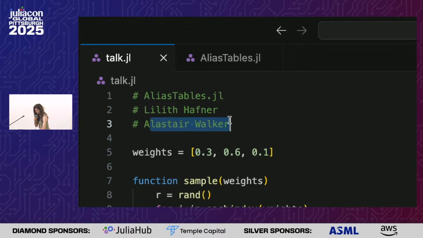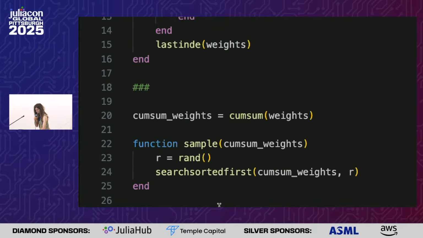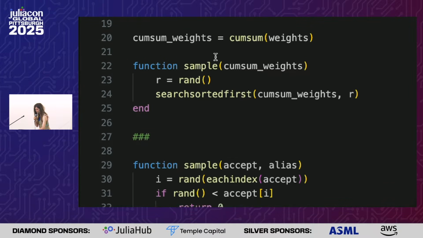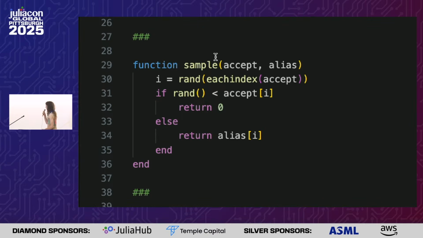Alistair Walker made this in 1977. So nothing new so far. And when we sample here, we're taking a uniformly random index between 1 and 3, and then we're redistributing some of that weight. So to draw a little picture, we start with uniform buckets,